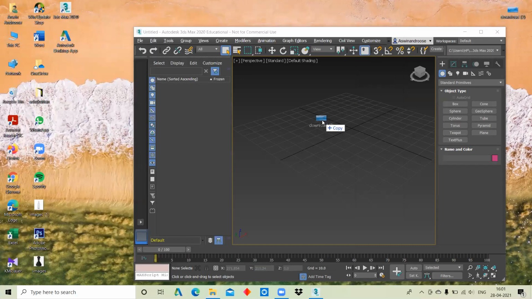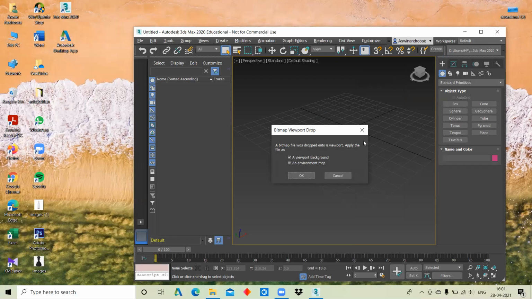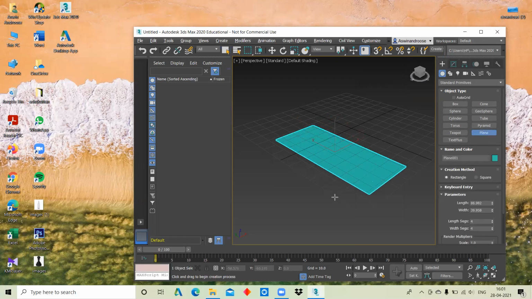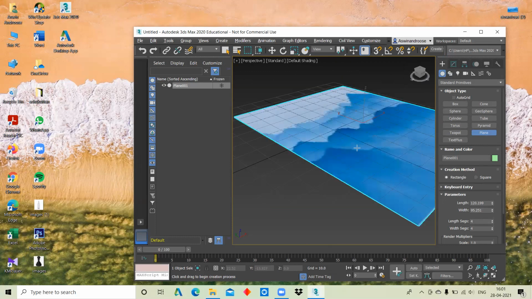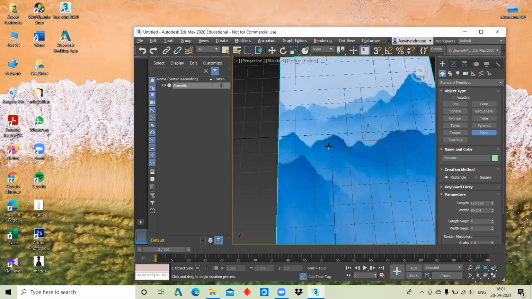Create a plane now and drag and drop it. Yes, now I got it. It's because of the image format. That image format isn't supported.